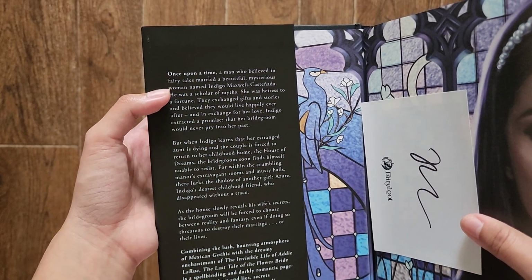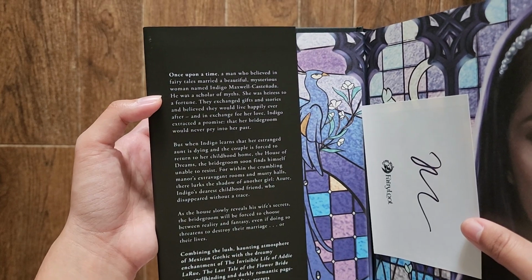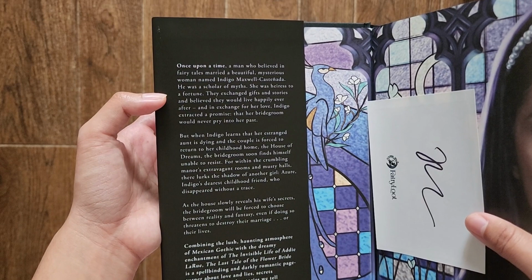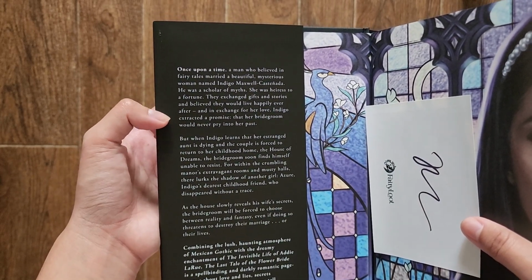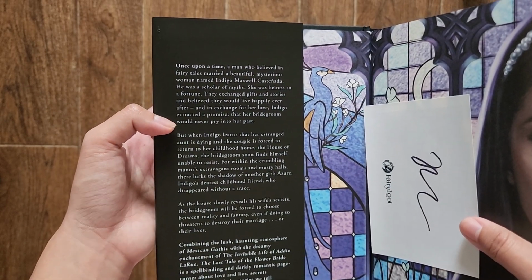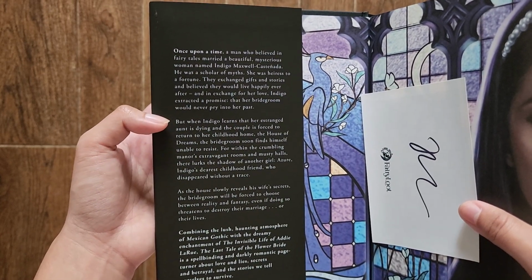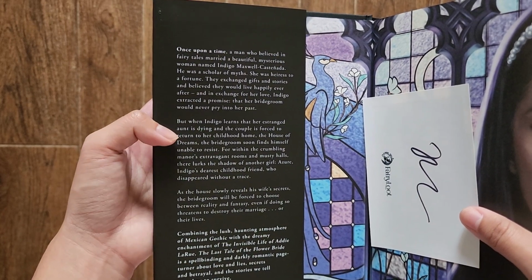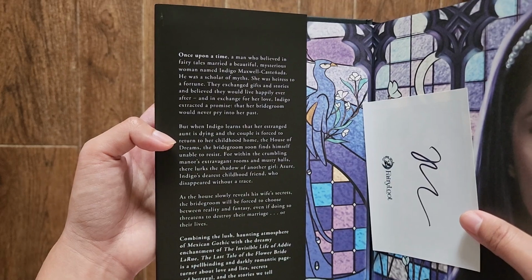So once upon a time, a man who believed in fairy tales married a beautiful, mysterious woman named Indigo Maxwell Castañeda. He was a scholar of myths. She was heiress to a fortune. They exchanged gifts and stories and believed they would live happily ever after. In exchange for her love, Indigo extracted a promise that her bridegroom would never pry into her past. But when Indigo learned that her estranged aunt is dying and the couple is forced to return to her childhood home, the House of Dreams,